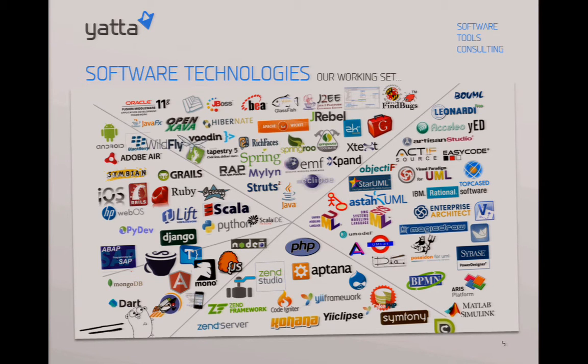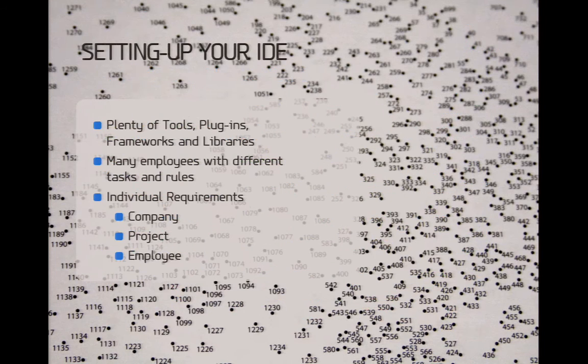What you all know is that Eclipse can have a bunch of plugins. Let's say at the marketplace, for now there are about 1,700 or 1,800 plugins, and that's only in the marketplace, and then there are all the private update sites or plugins that are not listed in the marketplace. It's a huge bunch of plugins. To install that takes time, because to install that you have to know your requirements, and they are different from project to project. So let's say you are a front-end developer, but you also do back-end stuff. You don't need all your front-end stuff in the back-end profile, and you don't need the back-end stuff in other projects. So every time